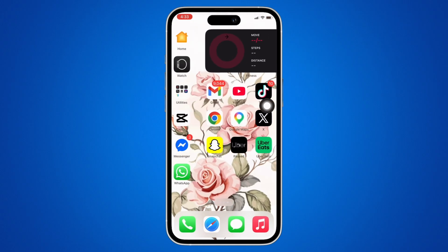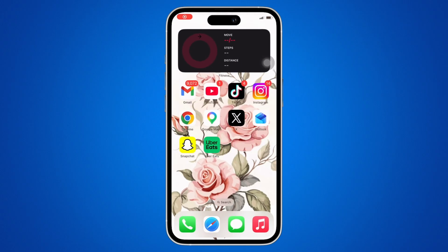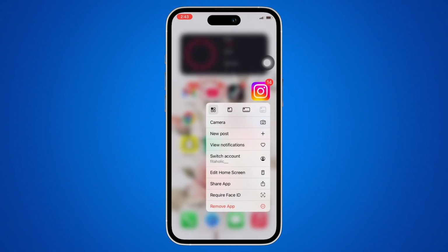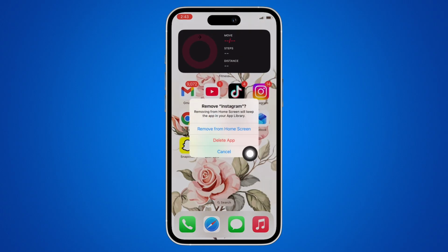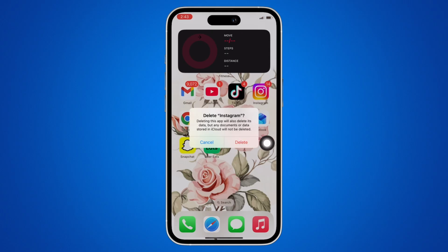See if that helps, and if not, then on your home screen tap and hold on the Instagram application and then tap on the remove app option and then tap on delete app. Once reinstalled, see if that helps, and if not, then it also could be that Instagram server is low, so